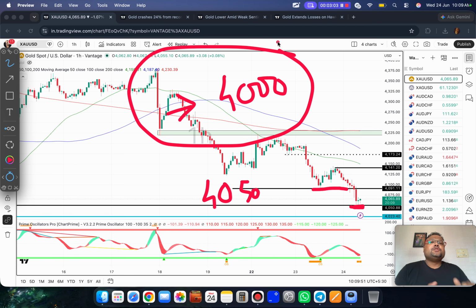So if you see the market taking support around 4000, 4005, then only hit the buy button. Do not trade blindly. Do not be a gambler. Otherwise, you can continue with the sell. And if the market breaks 4050 during the day, we can look for a sell position as well. But today, reduce the lot size, because trading opportunities are on the riskier side, as the market is almost standing at the famous 4000 level.